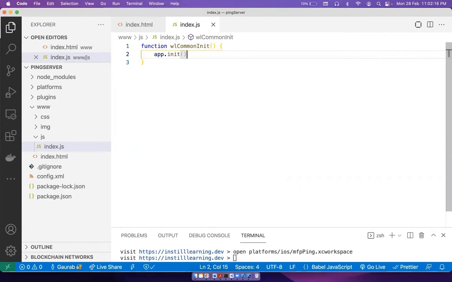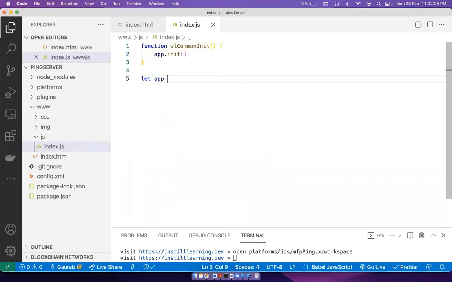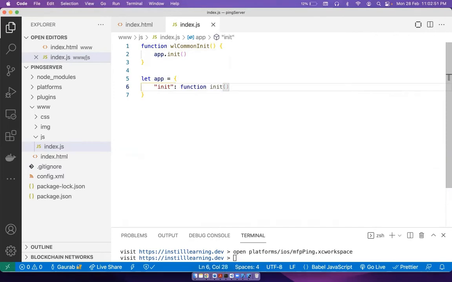So now we'll create the application object, the app object, down here so that the app can run. So I'll just write here let app equal to, and what we can do is we'll initialize the application. So we have an init function, function init,